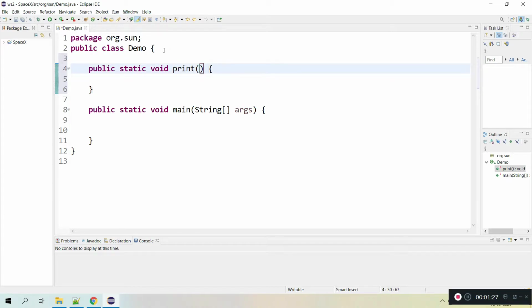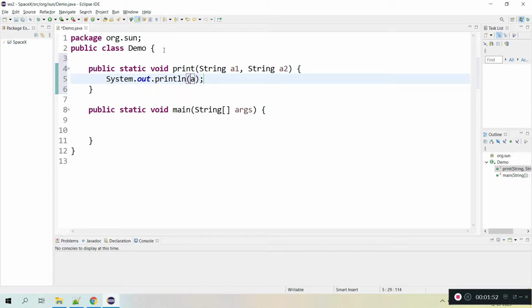Inside the method I am passing two parameters. I am declaring string a1 and string a2, and here I am going to print these two concatenated, so a1 plus a2.